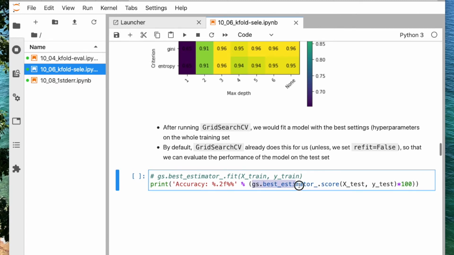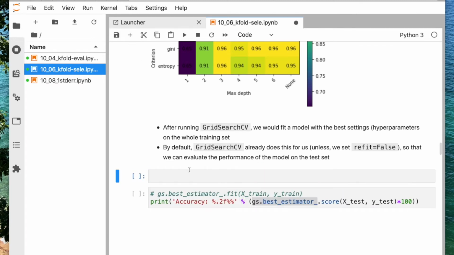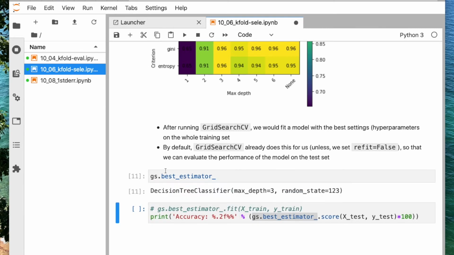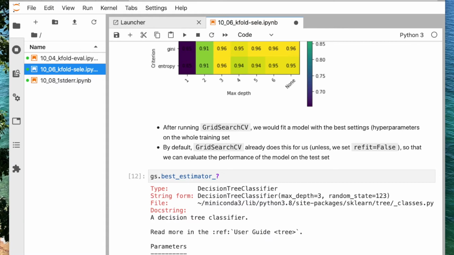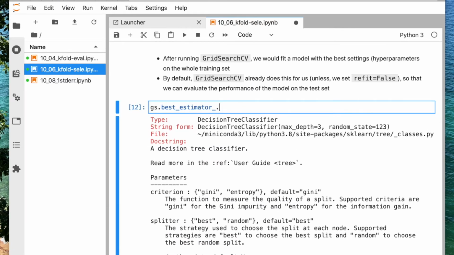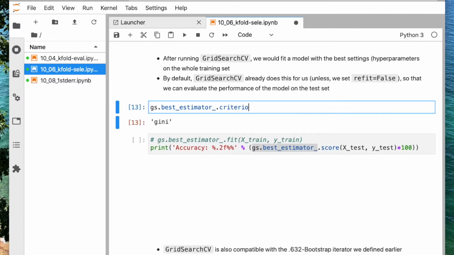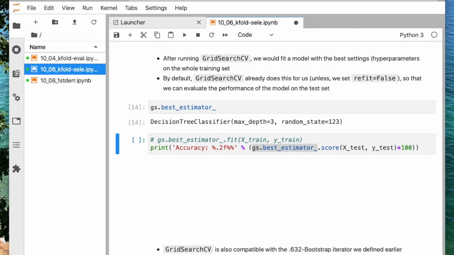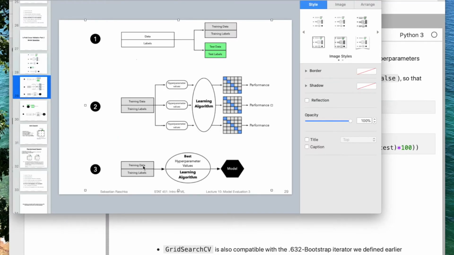So if I go here, you can see this is actually a decision tree classifier with max depth 3. Gini is not written here, I think because it's a default parameter. Let me double check criterion. So if we check for criterion, it should give us Gini. Yeah. Okay, so this is already our best model, the best hyperparameter settings fit to the whole training set.